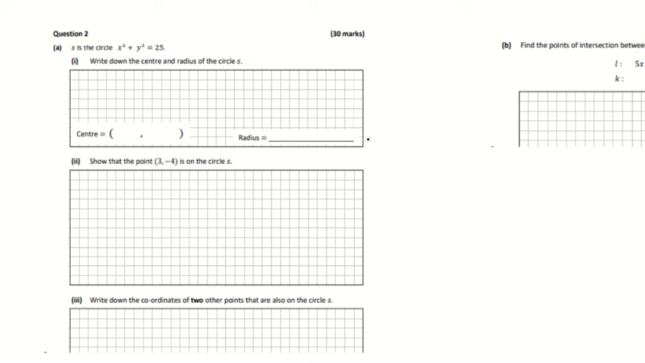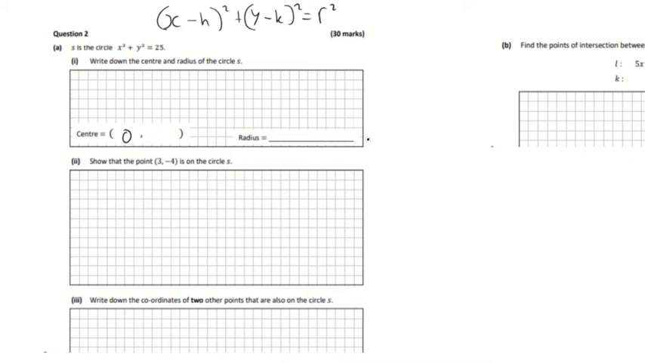Hi folks, this is question 2. So the first part is about a circle. x squared plus y squared equals 25, so you should know that the center is going to be (0, 0). The formula is (x minus h) squared plus (y minus k) squared is equal to r squared. You might know that anyway, that when you've got x squared plus y squared equals a number, it's going